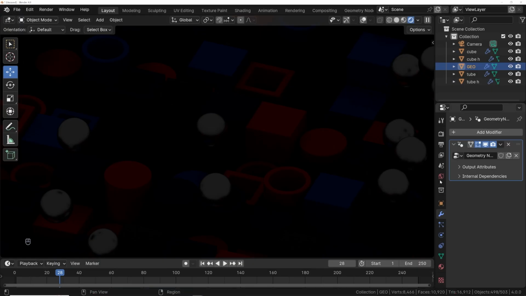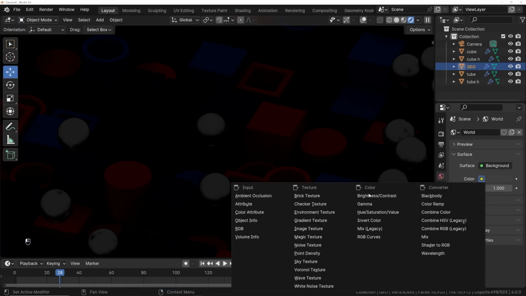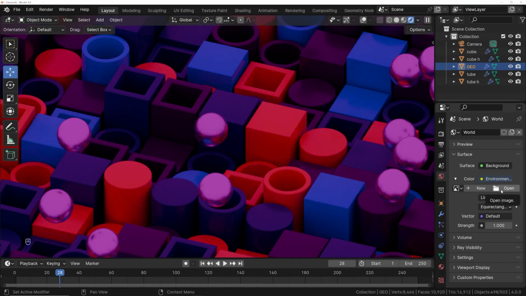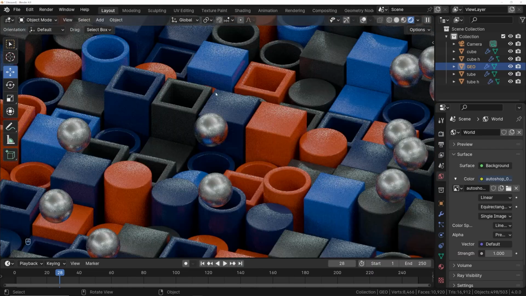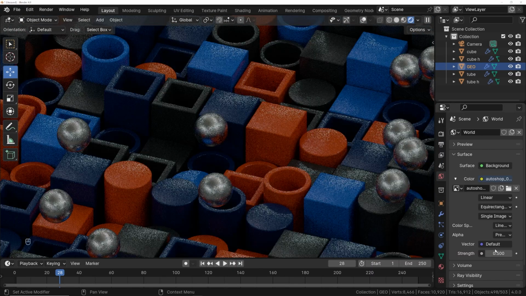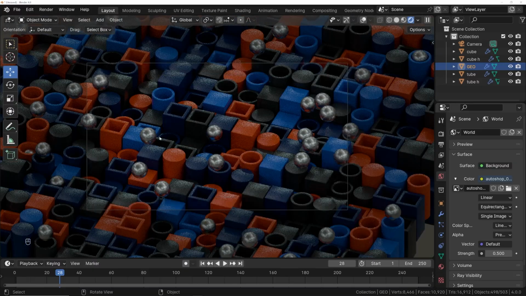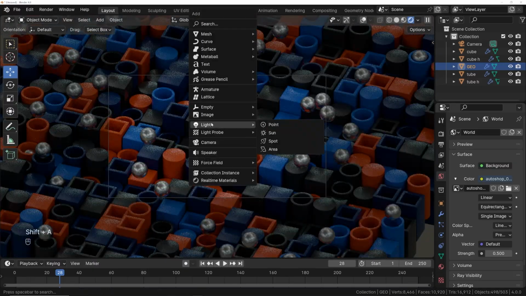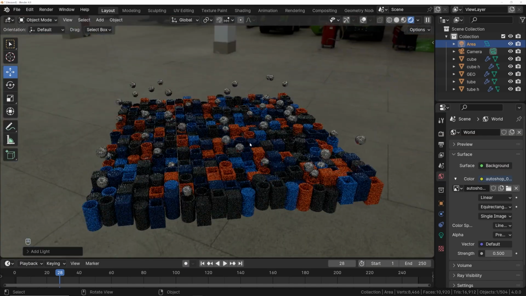I'm going to download it. So now what we're going to do is click on the world, go from color to environment texture, and then navigate to wherever you saved your HDRI. So now he's implemented here, looks nice. I'm going to bring the strength down to like 0.5, cut it in half, so we have just a simple establishing light. And then we're going to go ahead and get an area light and just get a soft light to be in the middle,